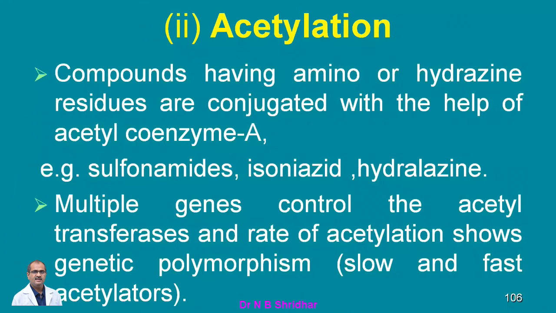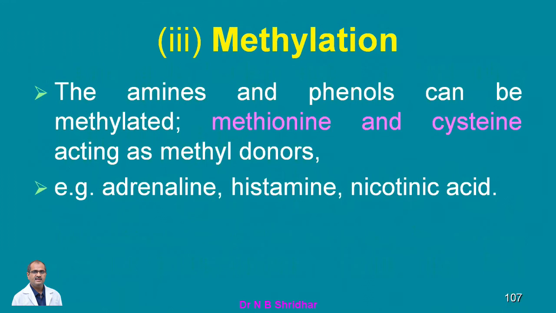And multiple genes control the acetyltransferase, and the rate of acetylation shows genetic polymorphism, and slow and fast acetylators are there in the body. Some of the animals, especially the cats and dogs, the dogs cannot acetylate. They are either fast or slow metabolizers, and this depends upon the animal and its genetic property. And the third category, in the phase 2 metabolism or synthetic reaction,